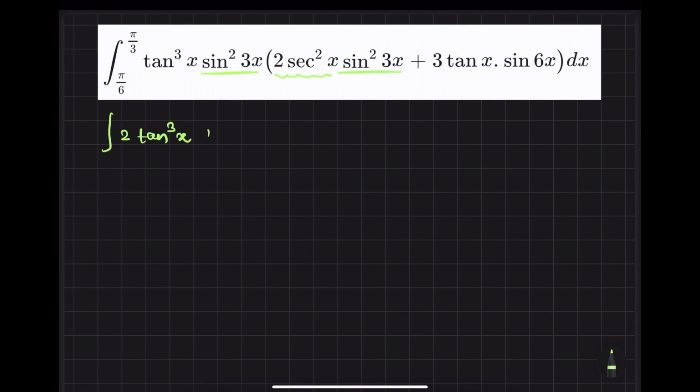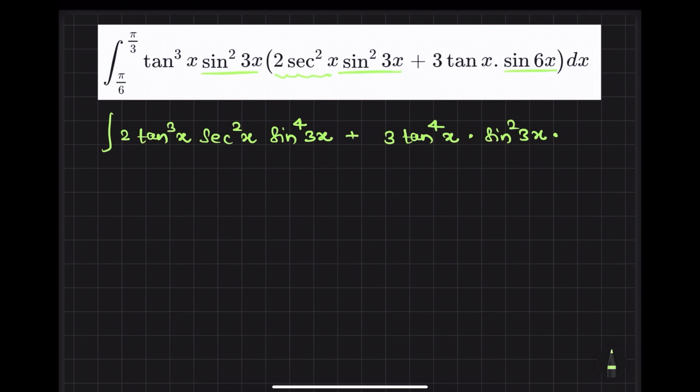So it is 2 sec square x and then sine to the power 4 3x plus. Now I will be multiplying this with that one. So we will be having 3 tan power 4x into sine square 3x into sine 6x. So it is sine